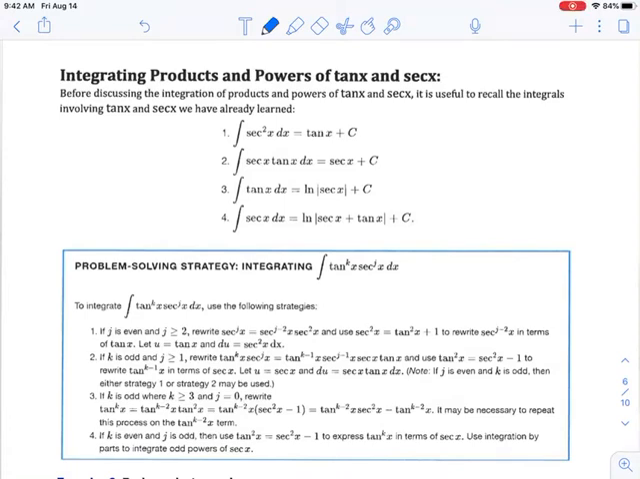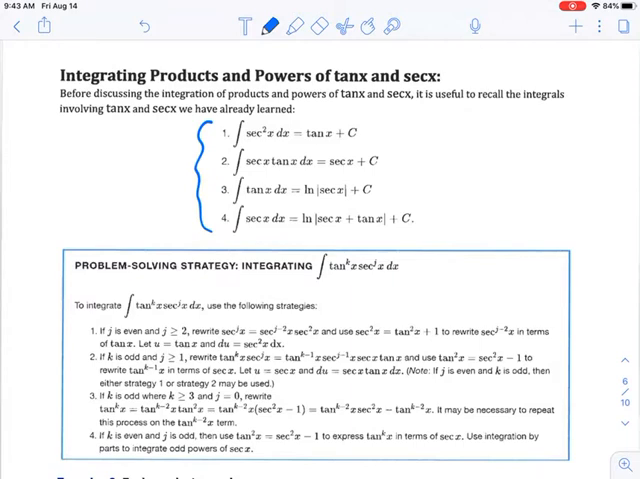In this final video for section 3.2, we're going to look at integrating powers and products and powers of tangent and secant. So to begin with, these are some basic